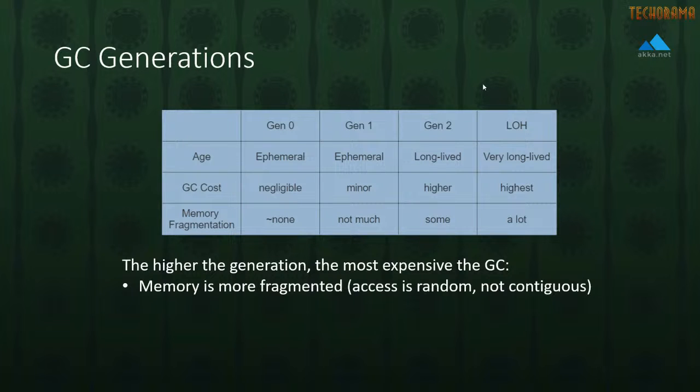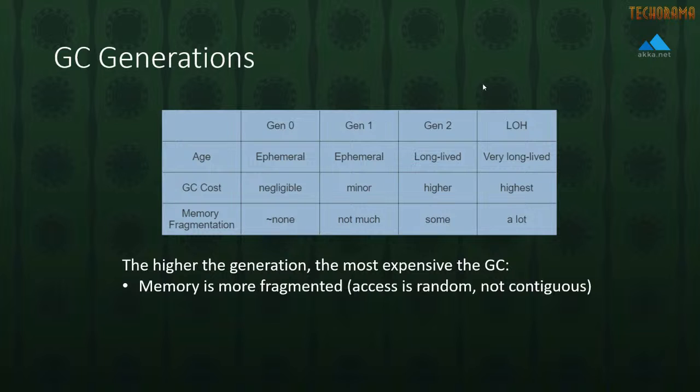Gen 1 is a little bit more expensive. Gen 1 objects are ones that have survived one instance of Gen 0 garbage collection. So they were rooted for a longer period of time and possibly by more objects. So we weren't able to collect it. But when it gets unrooted later and we're free to collect it, that form of Gen 1 garbage collection is still fairly inexpensive. That memory is going to be slightly more fragmented, so there is going to be a higher compaction cost that we have to bear, but it's still going to be a lot cheaper compared to Gen 2 and large object heap collection rounds.